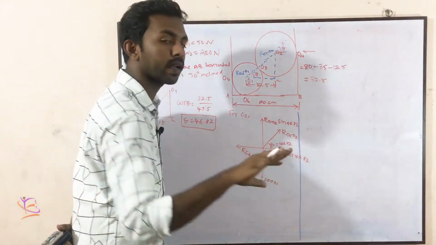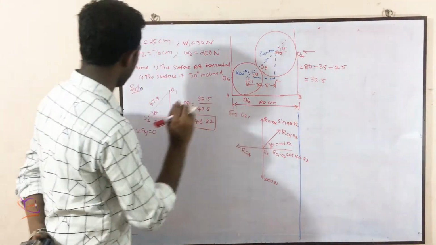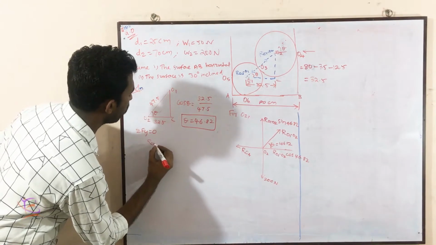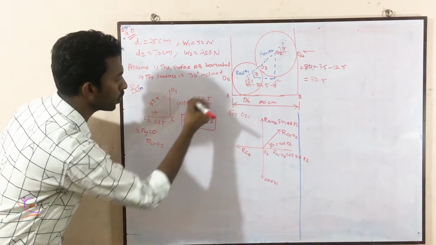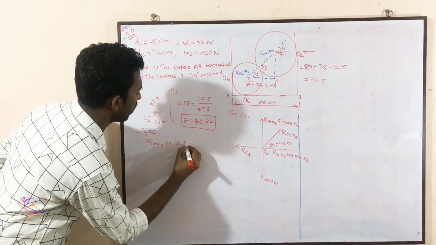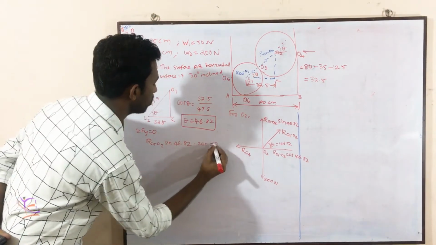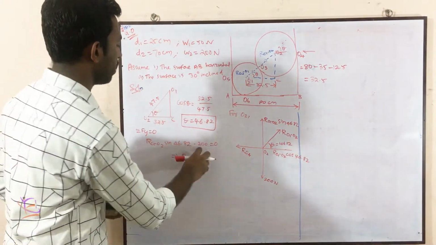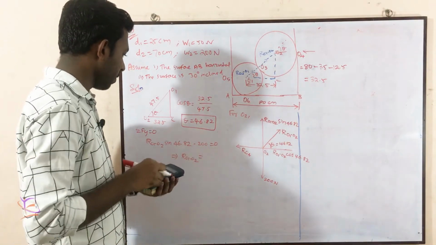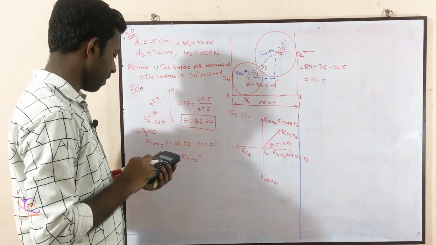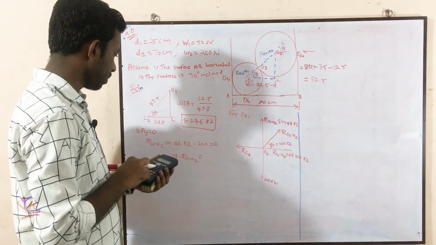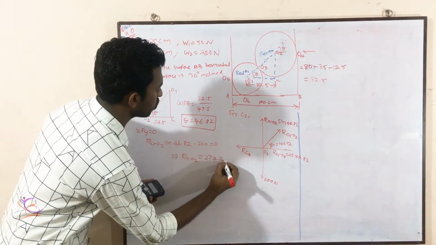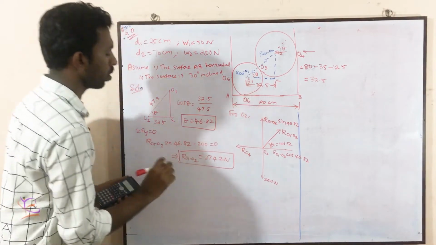Here two things are unknown, so we cannot do anything with that. So first for the y-axis, summation Fy is equal to, that is positive, right? R O1 O2, the reaction from O1 to O2, sin 46.82 minus 200 equal to 0. This implies R O1 O2 is, simply, this 200 goes to the right hand side. So 200 divided by sin 46.82 equals 274.2 Newton. So now you have calculated R O1 O2.